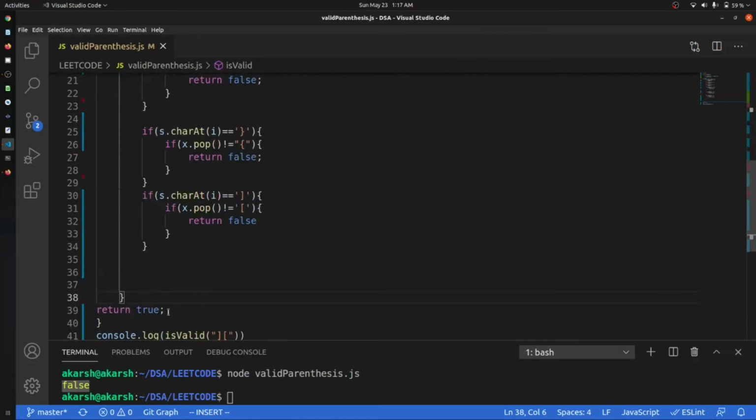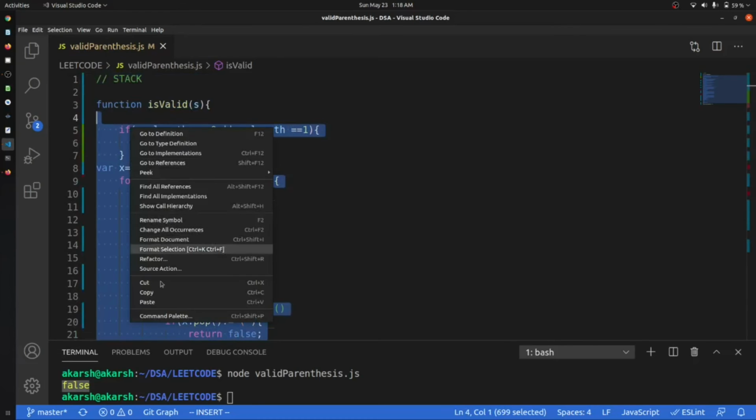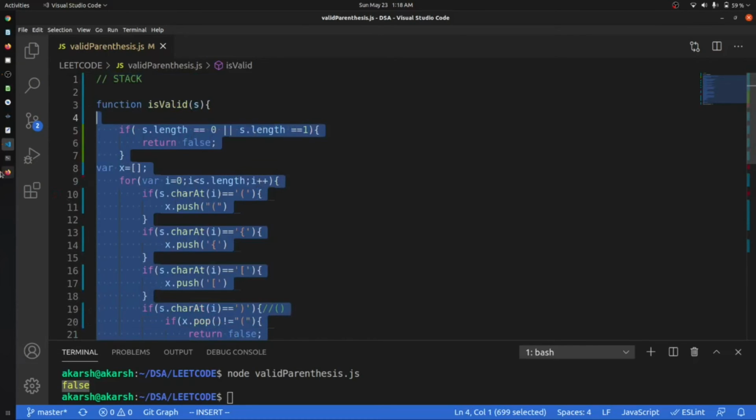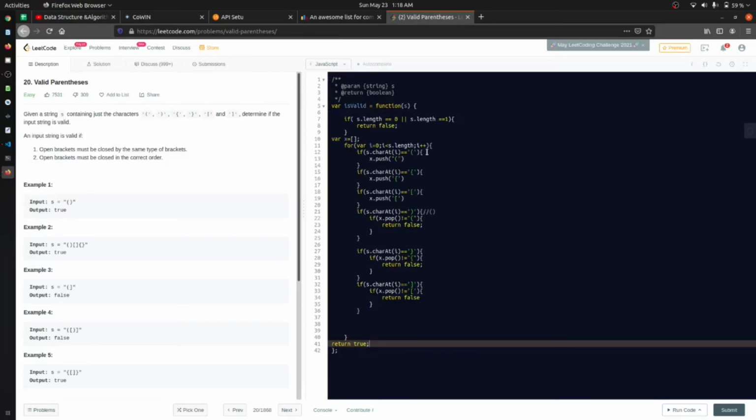Let me copy it and check it in LeetCode, to see whether we get the answer right or not. Let me paste it and run.